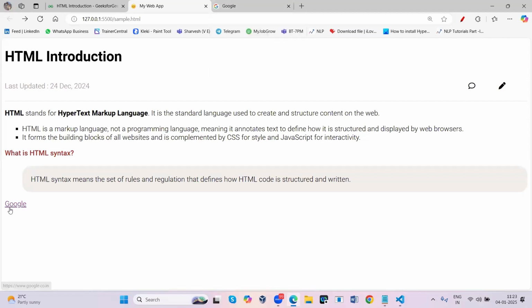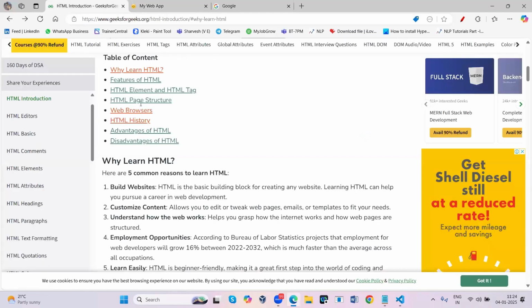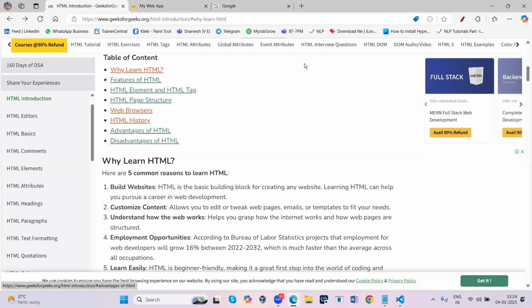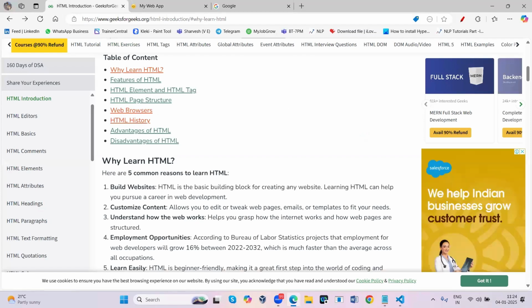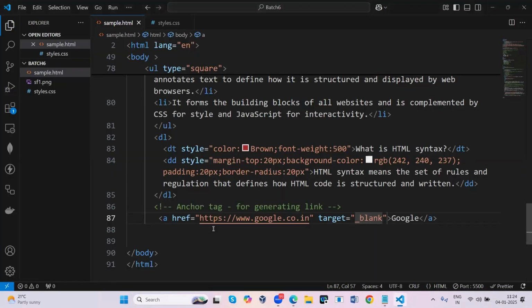Okay, so now I said that the active link color is red. Unvisited link is blue. Visited link color is purple. You can make changes for this text also, as they have done in Google or some websites. Not only this, you can use different types of colors. How to do this? Using styles, using CSS.